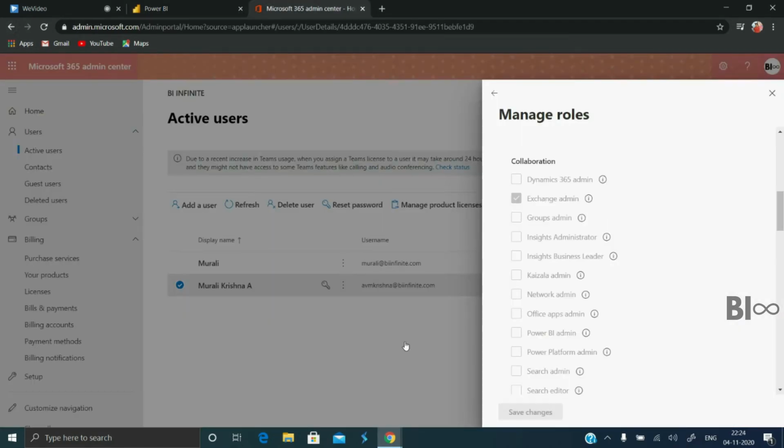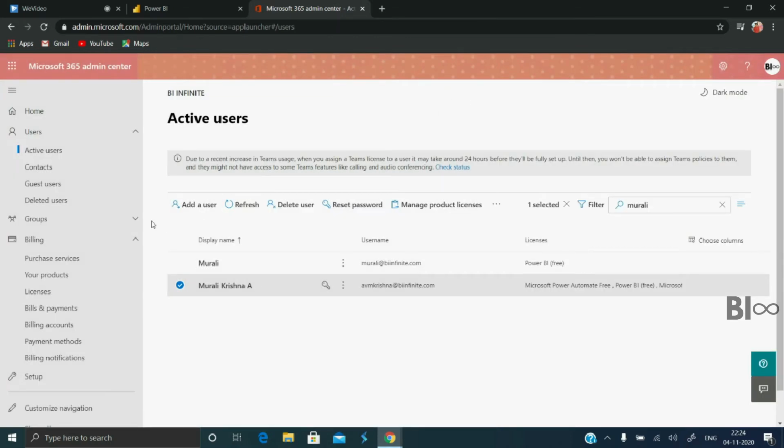So like this, the global admin can provide you access once you are going to be part of the Power BI administrator group. There can be two different ways. Either they can give you access directly, or they will have one user group which already has the Power BI admin role, and maybe you will be added to that group. So anything may happen.